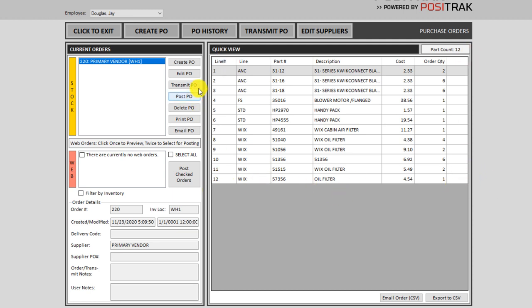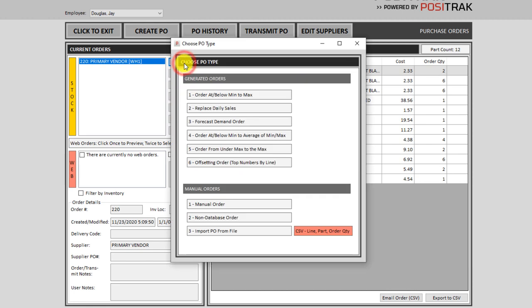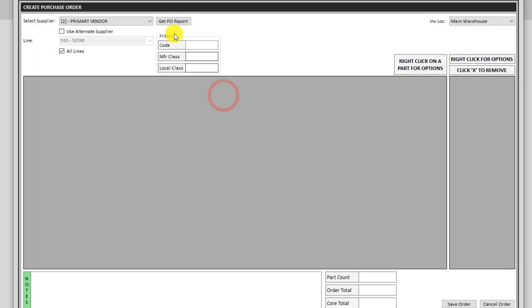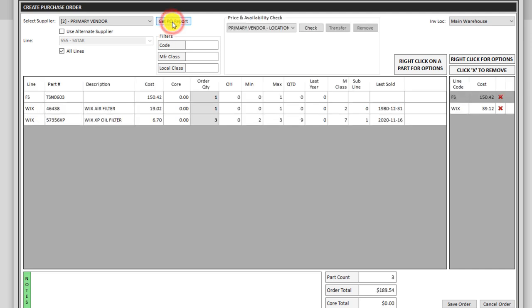And then what I can do is I can click create PO and do the same thing, and if I hit get report, then the 3 numbers that were zeroed off should pop up. And I can do different things with those. I can order manually if I need to, or I can poke around, find them somewhere else, on the vendor website if I have to. But you can also,